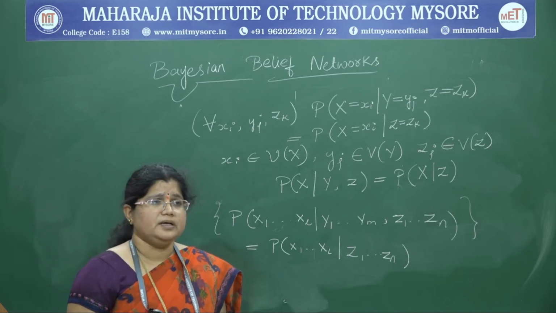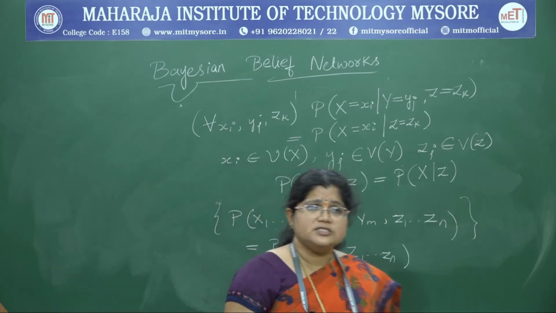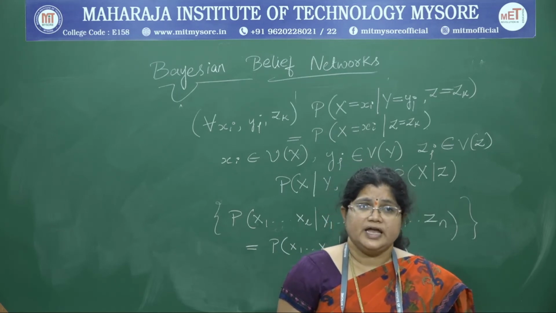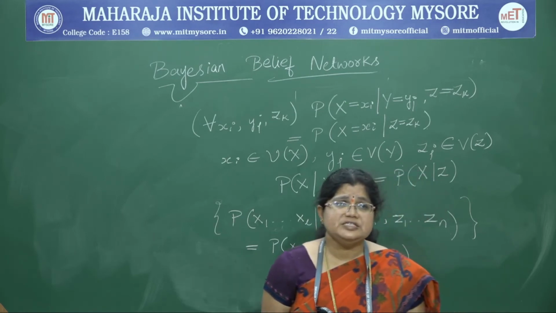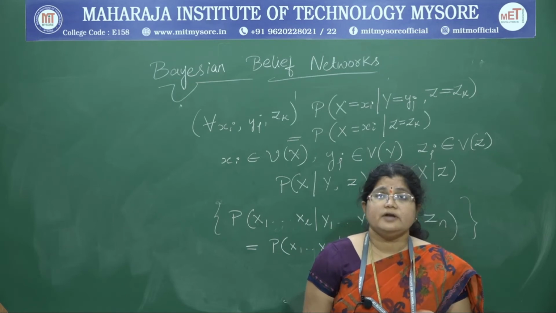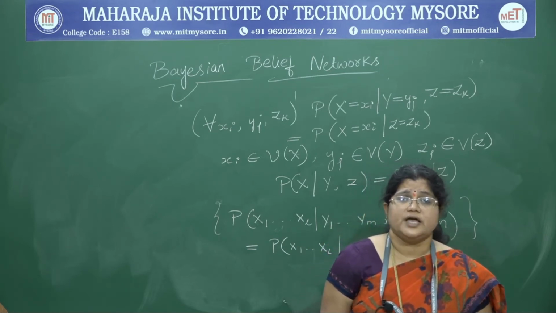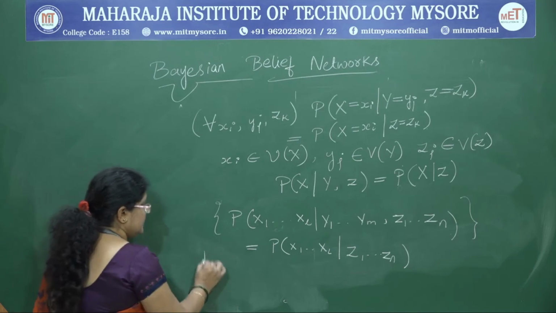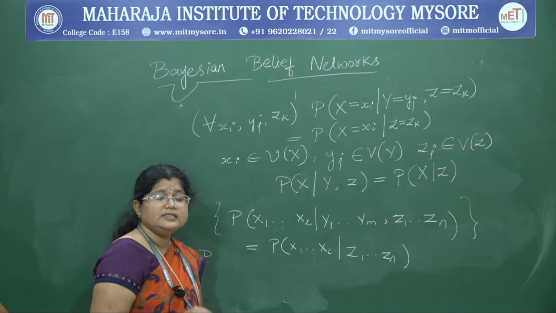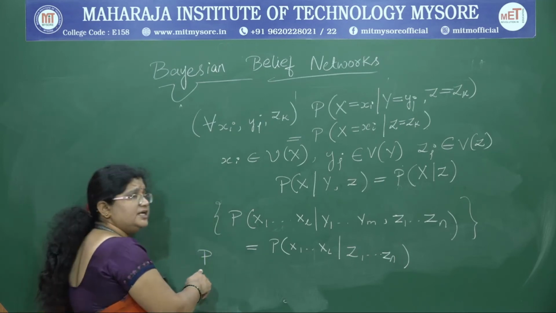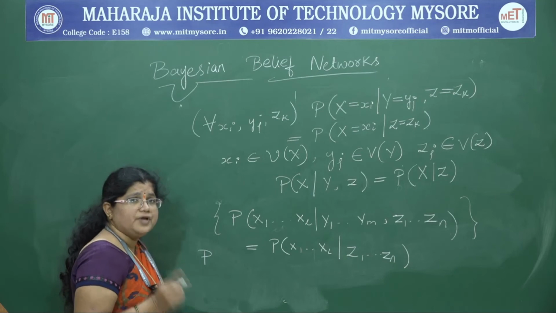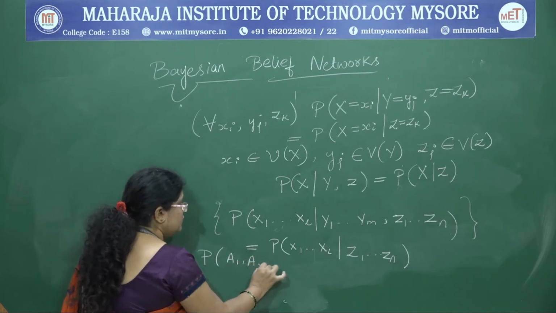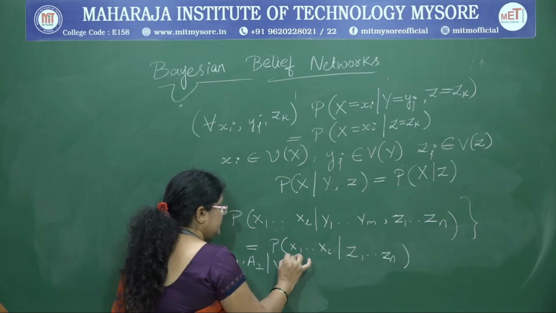So, the naive-Bayes classifier assumes that the instance attribute A1 is conditionally independent of the instance attribute A2 given the target value V. This allows the naive-Bayes classifier to calculate the conditional independence of two variables or a set of variables, through P of A1 comma A2 given the target value.